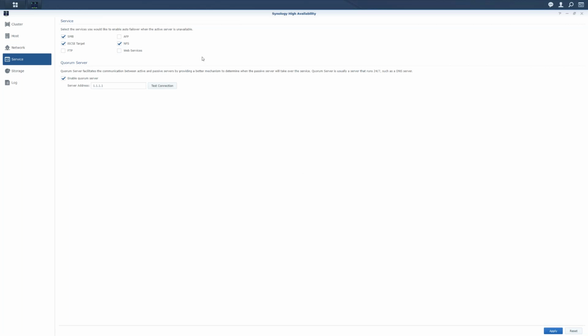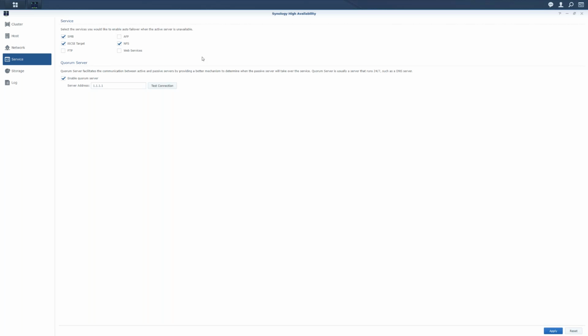And then we do have failover for specific services. Primarily, I always describe high availability as hardware-based failover. If the NAS dies, it loses power, too many hard drives died, your volume crashes, that sort of thing, then that will trigger a failover event. But in the rare case where you have a service level failure, let's say iSCSI or NFS fails, then you could also have the passive NAS take over in those cases.